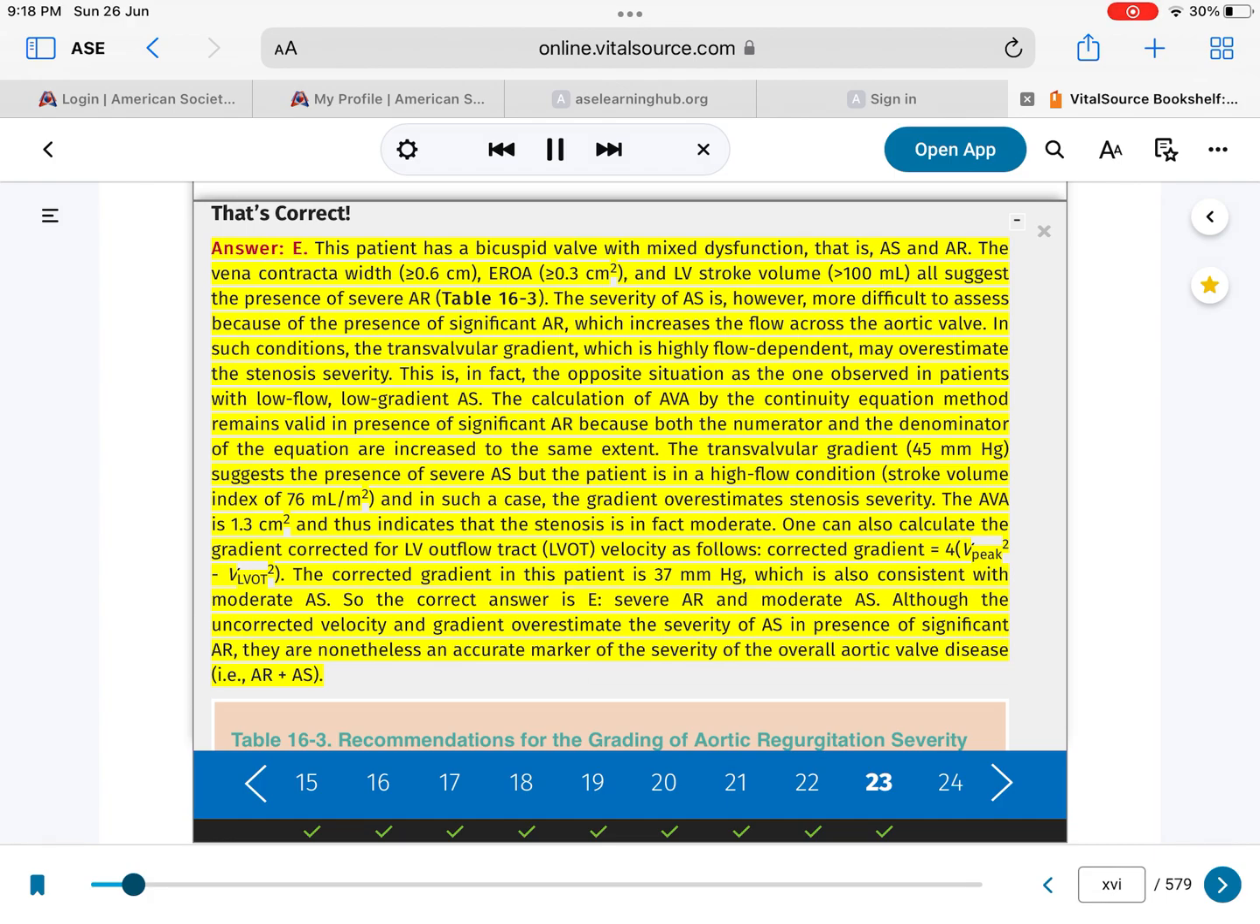One can also calculate the gradient corrected for LV outflow tract, LVOT, velocity as follows. Corrected gradient equals 4 times peak V squared minus VLVOT squared. The corrected gradient in this patient is 37 mm Hg, which is also consistent with moderate AS. So the correct answer is E, severe AR and moderate AS. Although the uncorrected velocity and gradient overestimate the severity of AS in presence of significant AR, they are